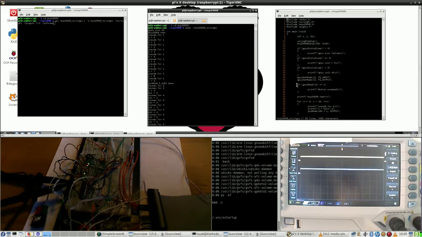However, if I then say GPIO read 12, and this is indeed GPIO 12, not pin 12, what I found out recently, hence and here, then